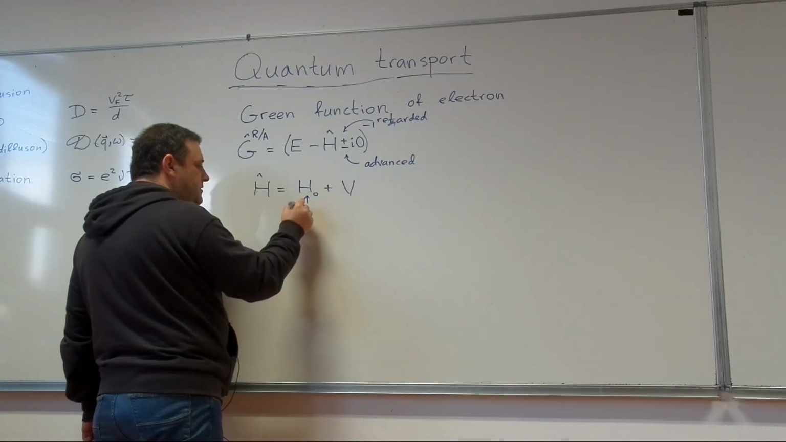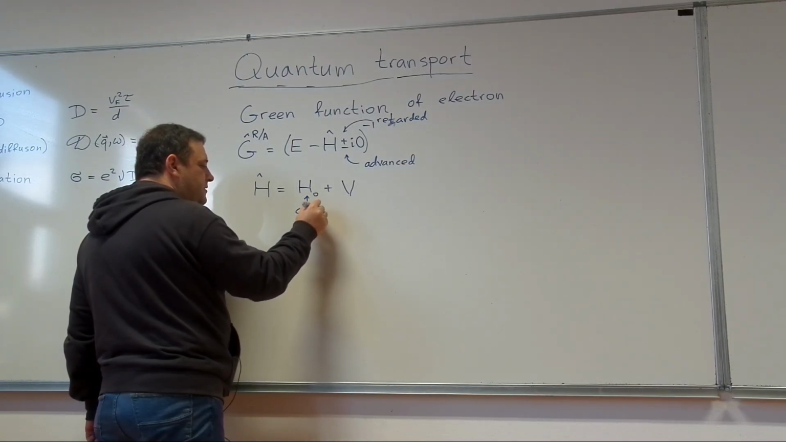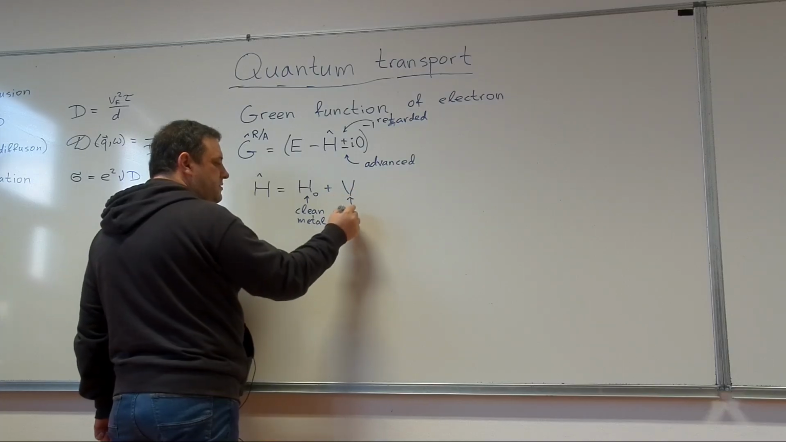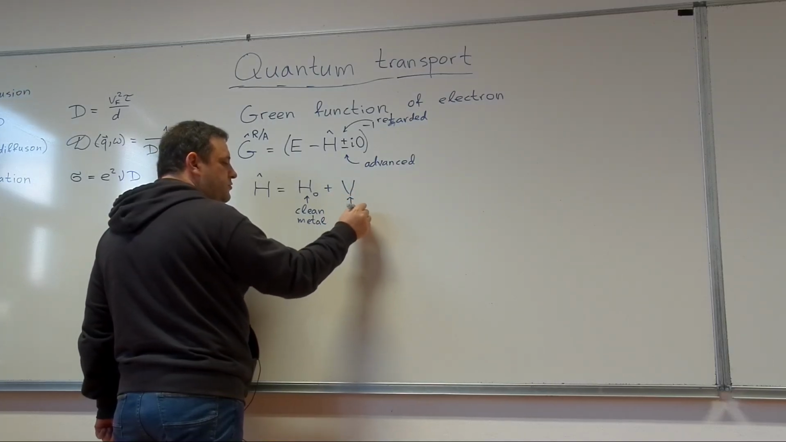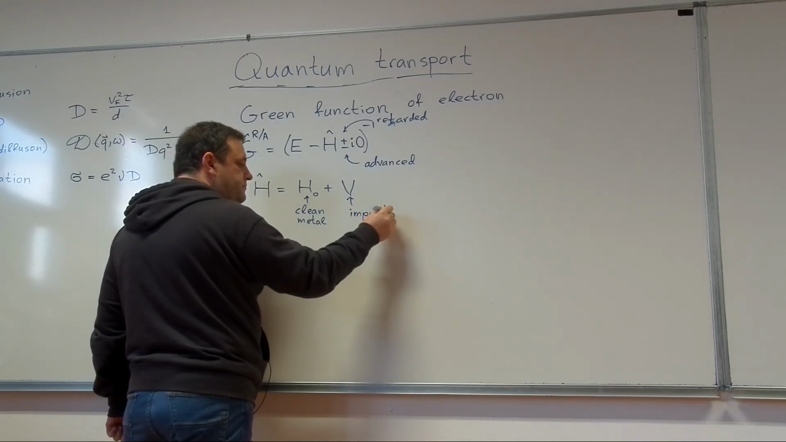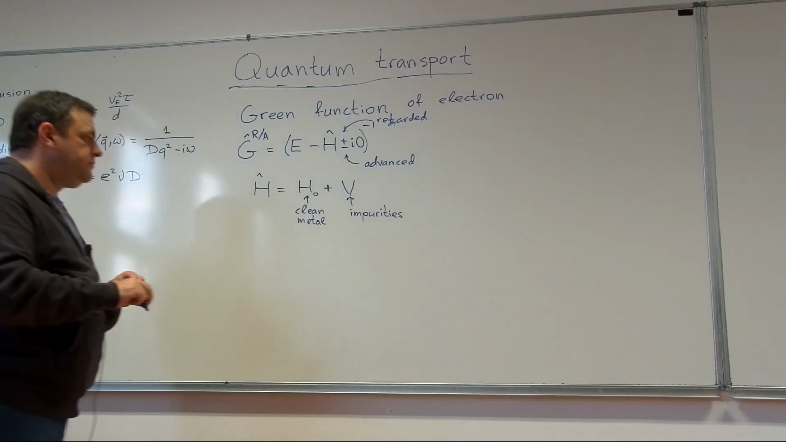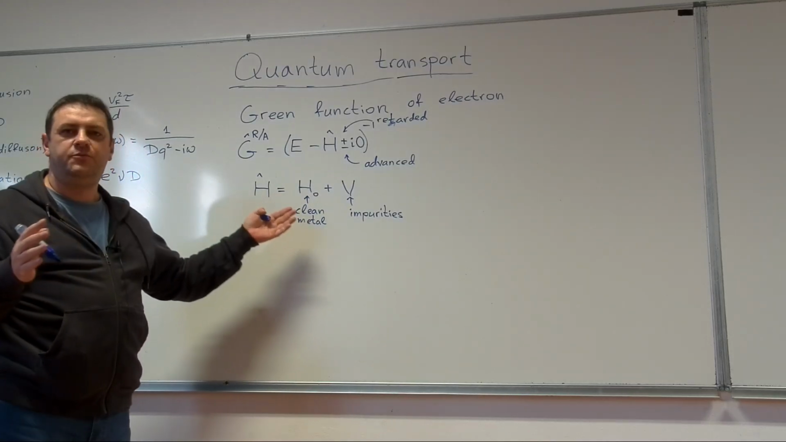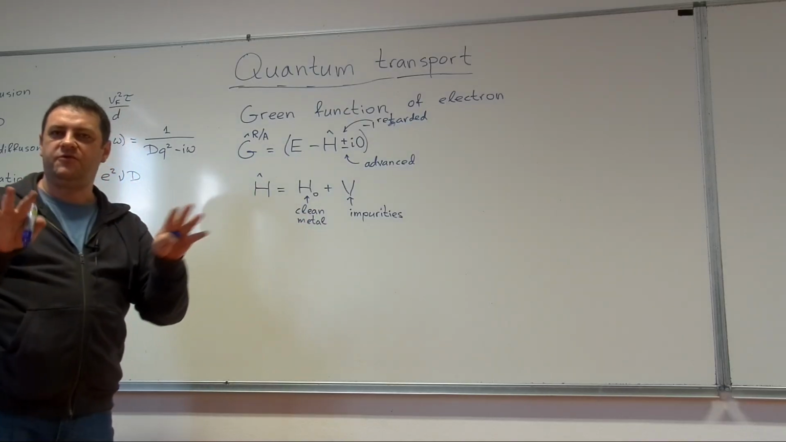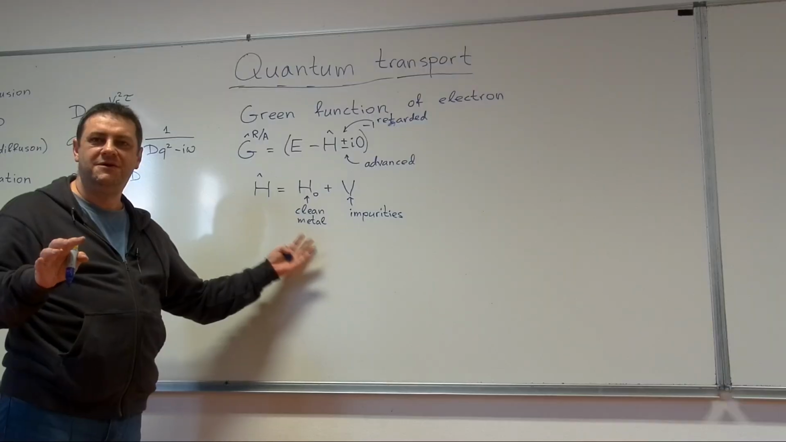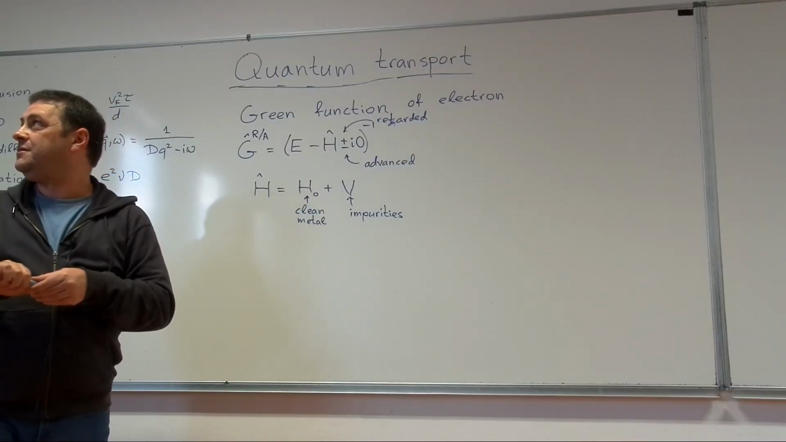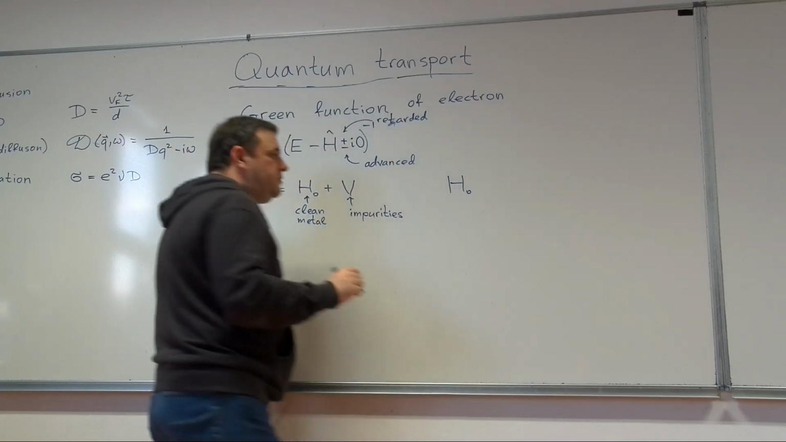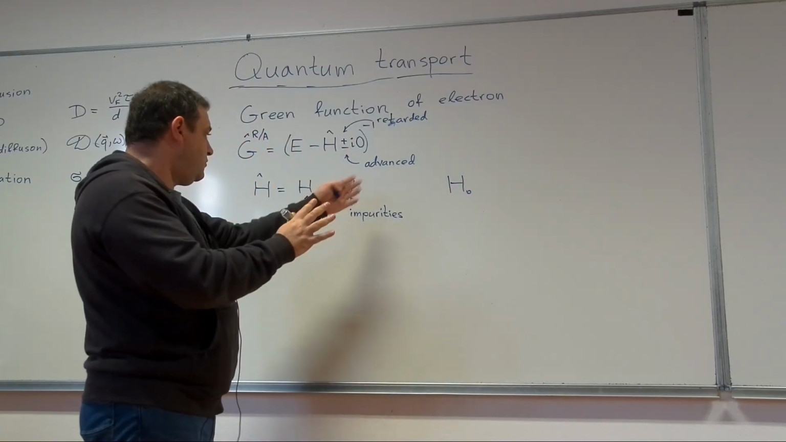Clean metal, and V is the disorder or impurities in this metal. And I am writing it as is usually written for perturbation theory. So these impurities provide some small perturbation to otherwise clean metal. Okay, and once again, the Hamiltonian of a clean metal is an operator. They are all operators, but